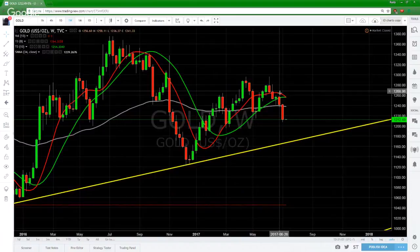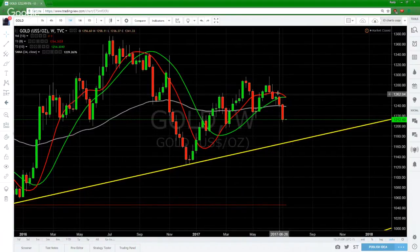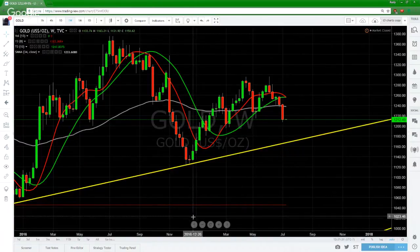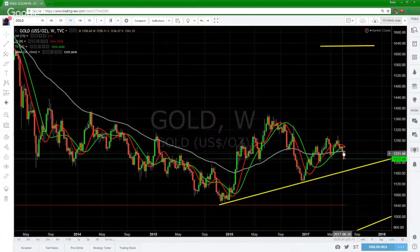I got gold. I anticipate this to come back into support. Make sure support holds. Hopefully this will turn around before it gets all the way back into the upward trend line. Maybe it'll turn around like right here and not exactly touch the trend as it's done in the previous. So maybe it'll come down into support and turn